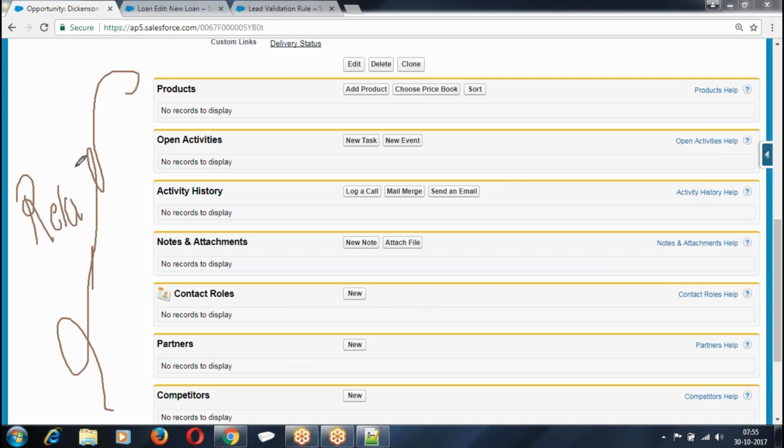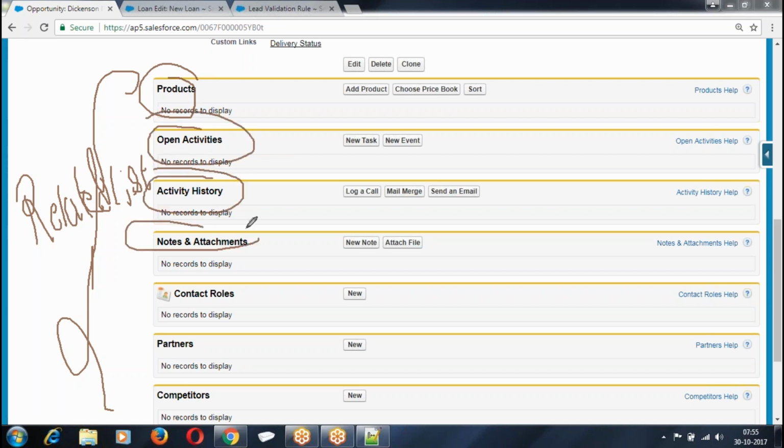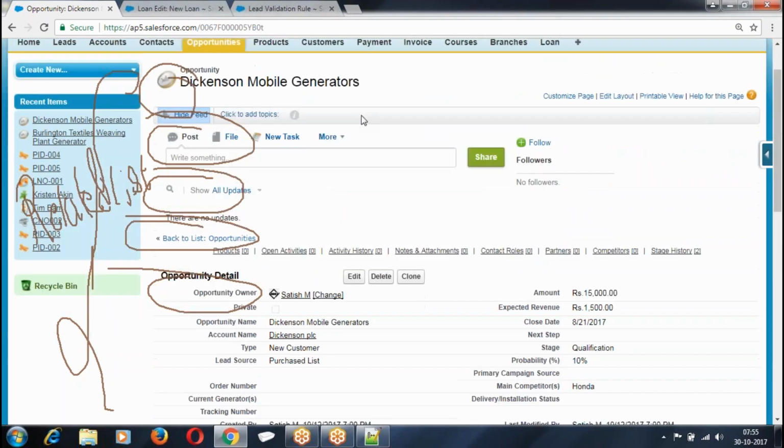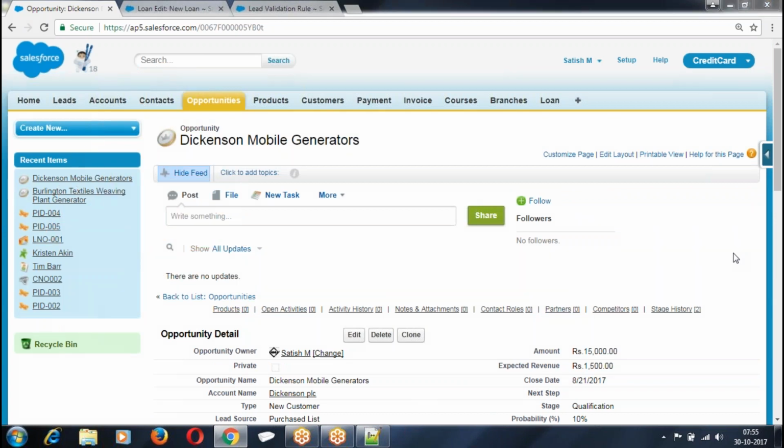What is the related list? Related list is the word chain. Chain of opportunity: open activities of opportunity, activity history of opportunity, notes and attachments of opportunity. This particular record, whichever record you are choosing, is the main record.